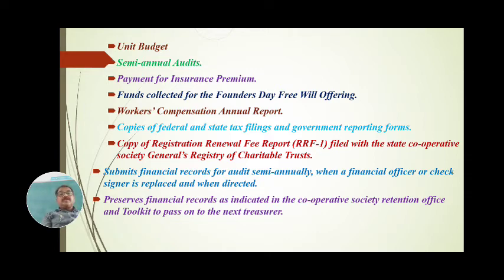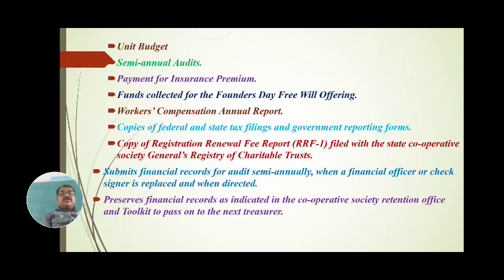Sometimes a 6-month budget is to be given. It is called the interim budget. Whenever the cooperative society is to be dismissed, or whenever there is a natural calamity, such as a storm, where water bodies are completely flooded out and no seed is available at that time. In such a condition,